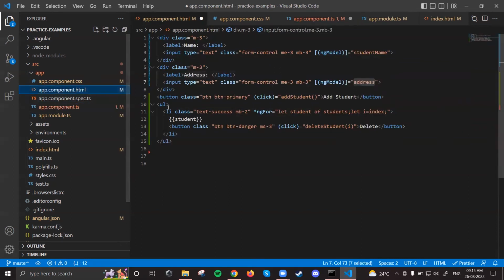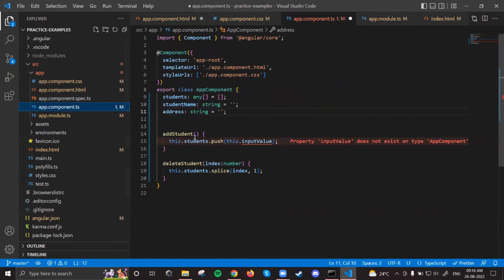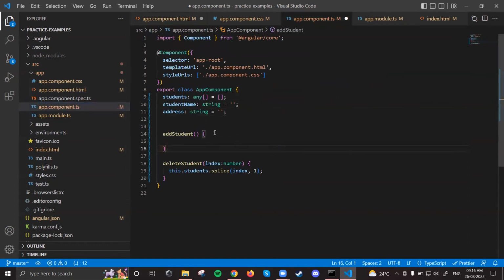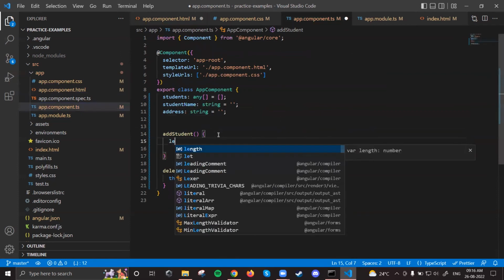So now we have one student name field and another address field. Now in the array, what we were doing till now was pushing only a string, but now we will push one object. So in add student we need to create one object and push it to the array. Before pushing, I'll remove this line. First I need to create one object. So let